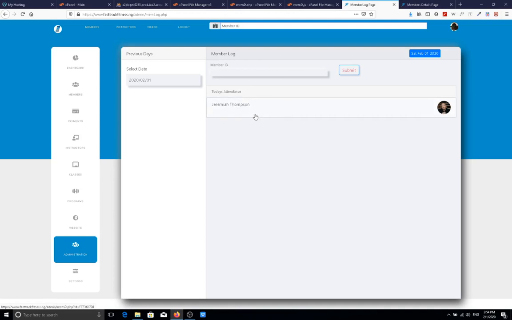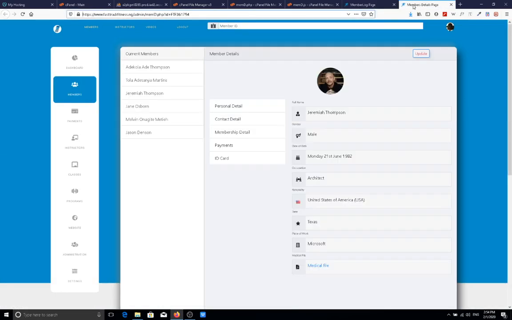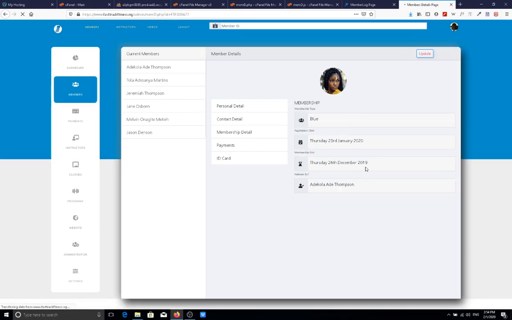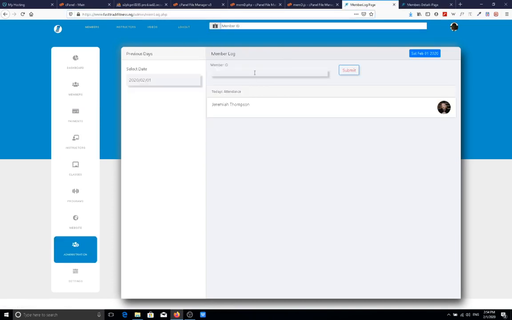You see it also shows his name with a white background. If Jeremiah's account were to have expired, it will show a red background. So I would choose this lady's account that is expired. That's the one I showed that expired in 2019. So you can see the membership ends in 2019. So I'll copy her membership number, and I'll log that in here so you can see the difference. Submit,